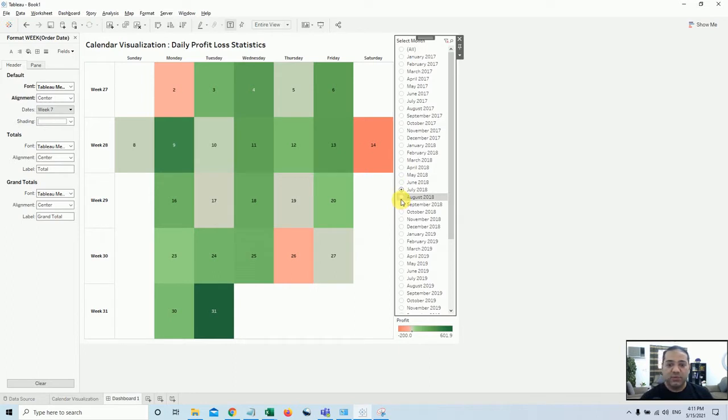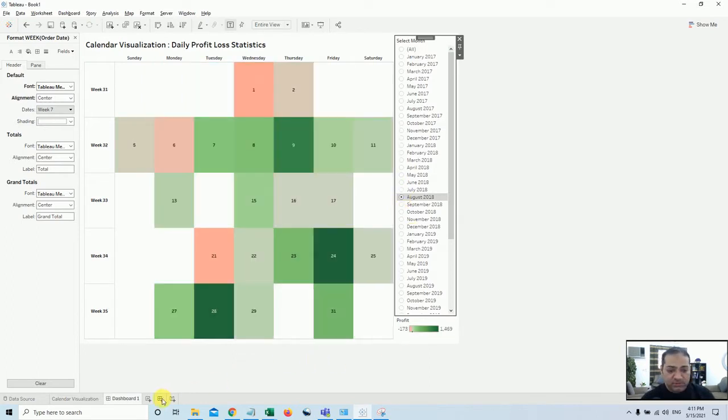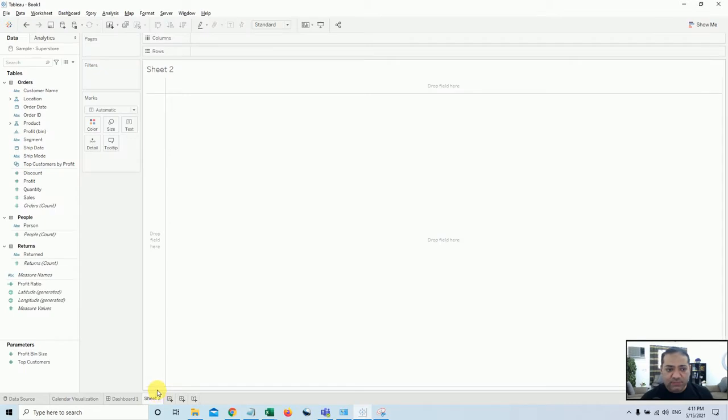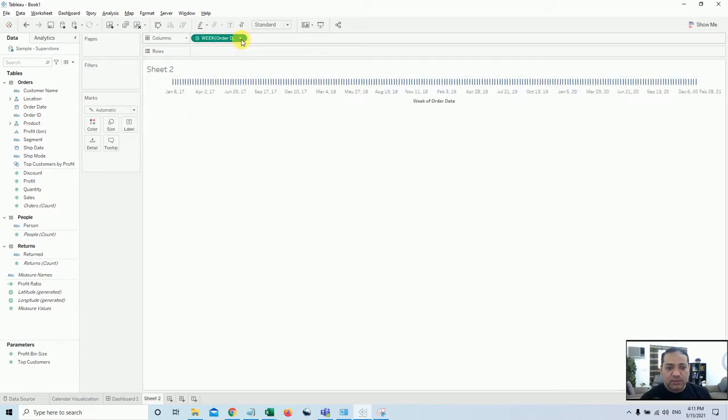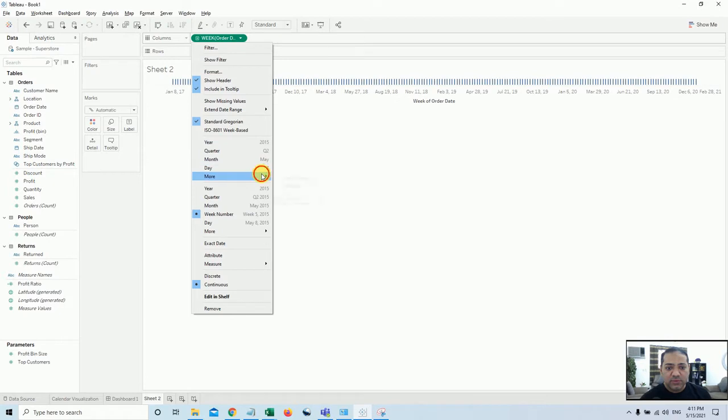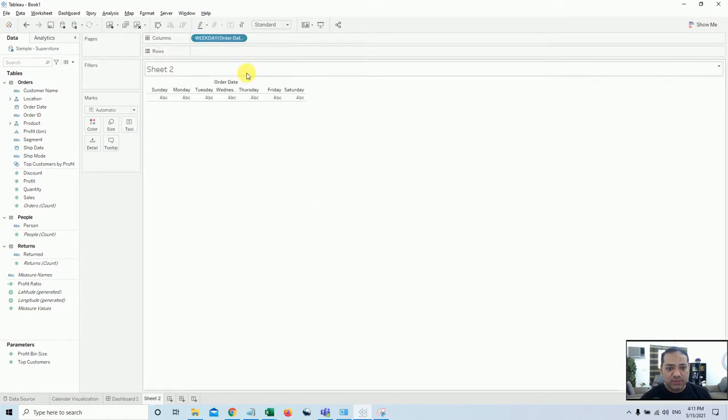So let's see quickly how we can do it. Open a new sheet. In the new sheet we'll use only the date field, order date. In the columns, I can convert it into, let's say, week numbers. No, sorry, we'll go with weekdays, and I will just repeat this exercise.